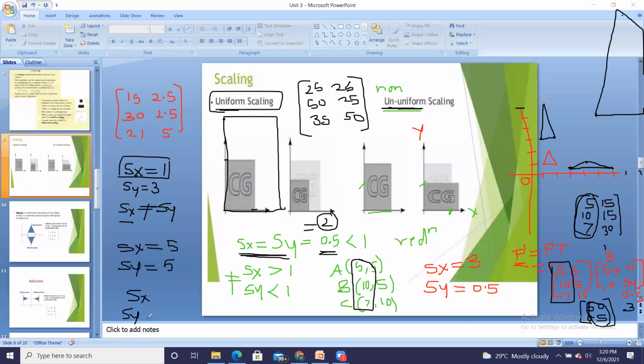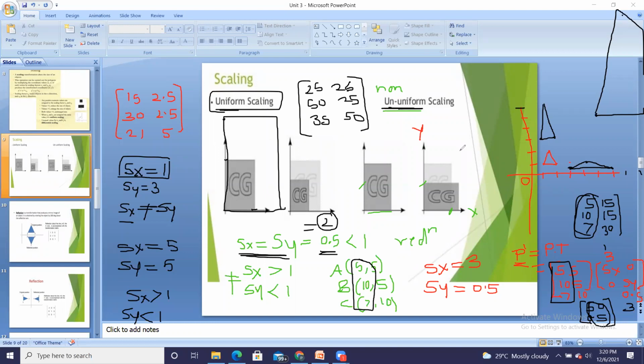Yes. Sx greater than 1. Right. Sx should be greater than 1 to carry out the expansion, and Sy should be less than 1 to carry out the compression. Okay. Or he may ask that if expansion is carried out along x and compression is carried out along y, which type of scaling it is, uniform, non-uniform, cannot be defined like that. So it is obviously non-uniform, because on one side it is saying expansion and on other side it is saying compression. So it is always the non-uniform type of scaling.